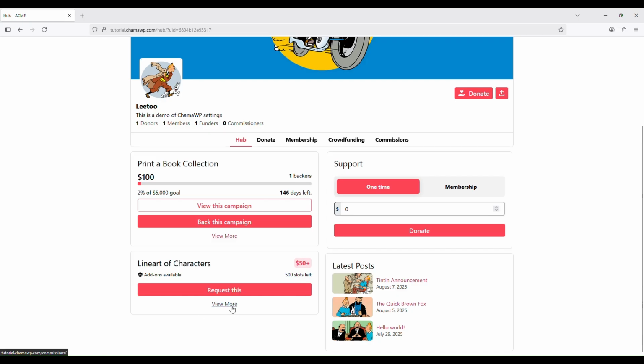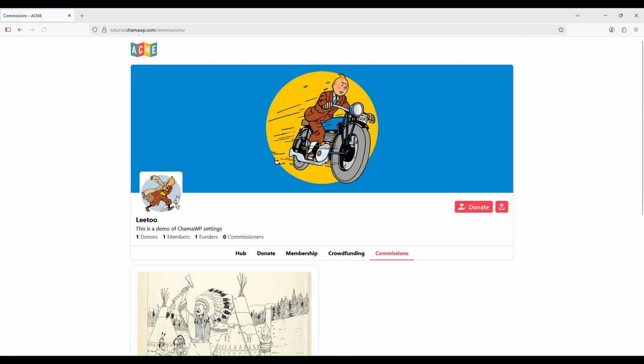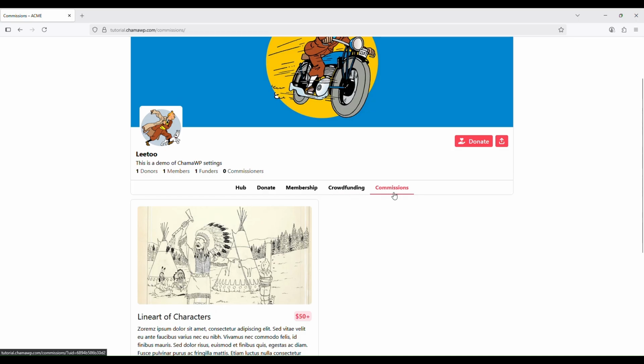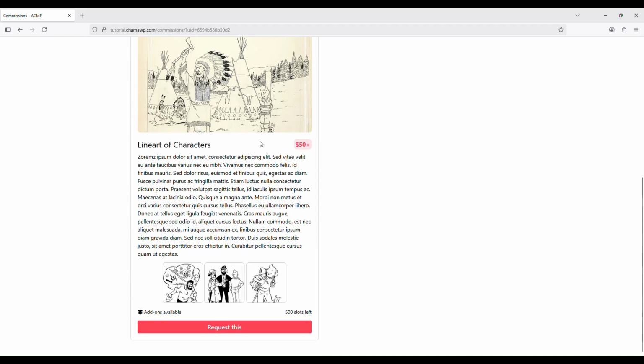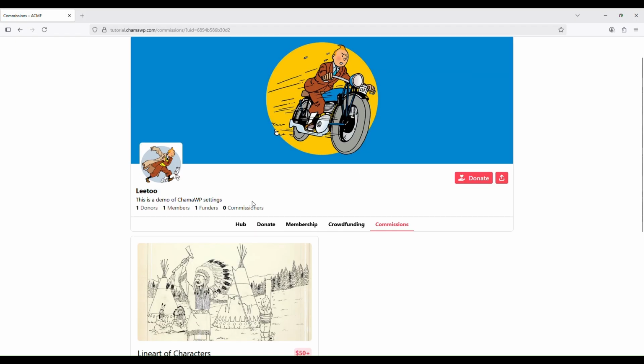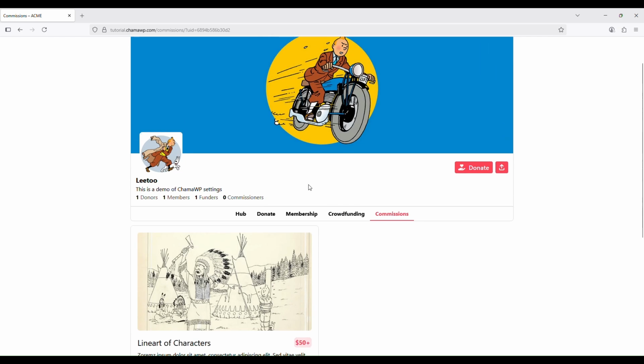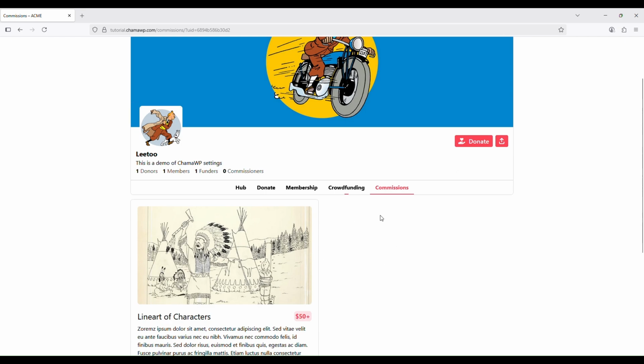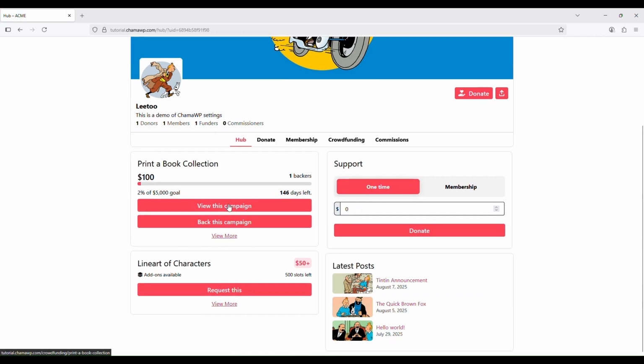And if I go and view this, it will take me to the dedicated page. If I had one or more commission items available, if I click on commissions, it would show all of them listed there. If you had multiple commission items for sale, they would all be listed on this commissions page. But if I wanted just to view this item,